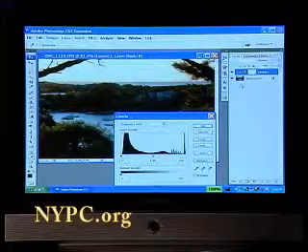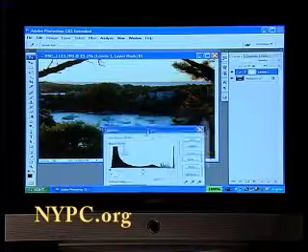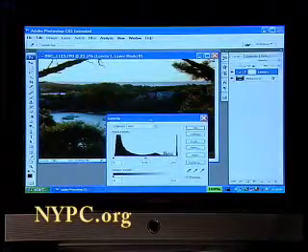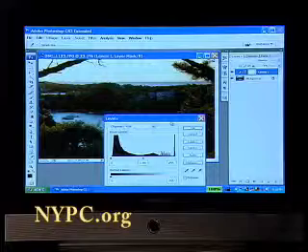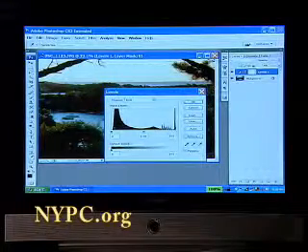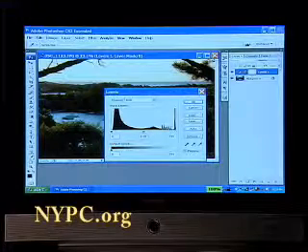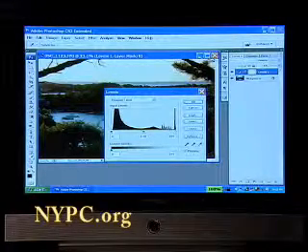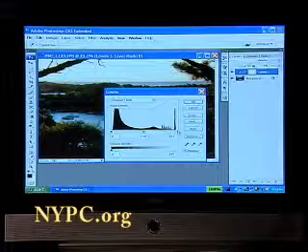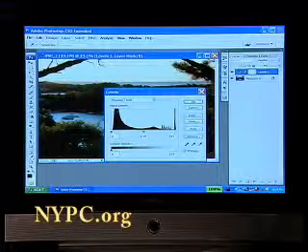Now, I see you have levels now. So what you're going to try to do, because the photograph on this monitor looks a little bit dark. It is, actually. And so now you have levels up here with it. This is called a histogram? This is a histogram. The dark tones are represented on the left, mid-tones in the middle, and the light tones on the right. So most of the pixels are over there on the left, which means they're dark. Exactly.